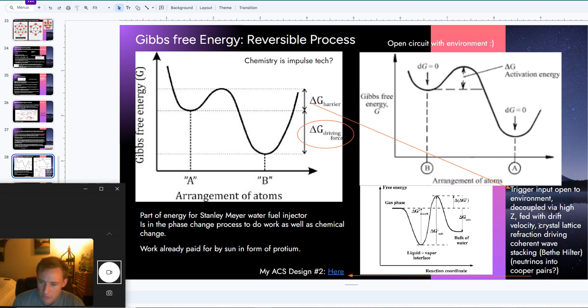And the crystal lattice refraction drives these coherent waves, clapping together, and that makes electron pairs or Cooper